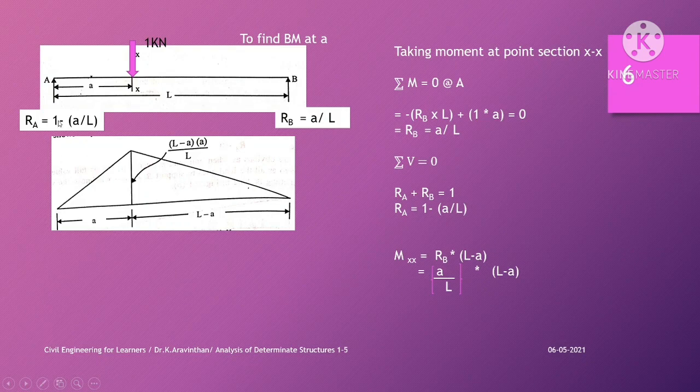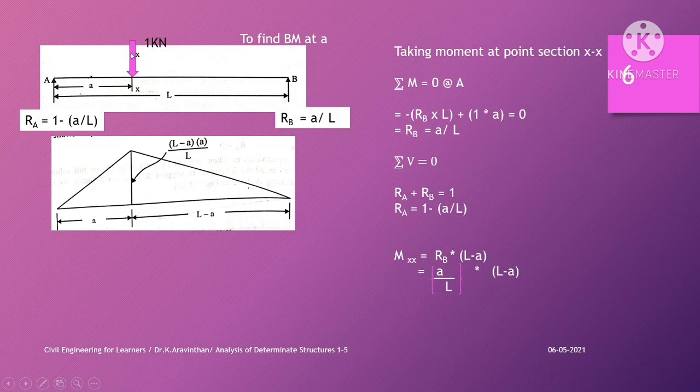So this is the influence line diagram for a simply supported beam. Now you can remove the 1 kilonewton load and apply a UDL. You can easily find it, whatever the load might be. You can consider an auto moving, a car moving, a single wheel vehicle, or a multiple wheel axle vehicle moving on the simply supported beam. So this will be the pattern of bending moment. You can find the bending moment for this simply supported section.